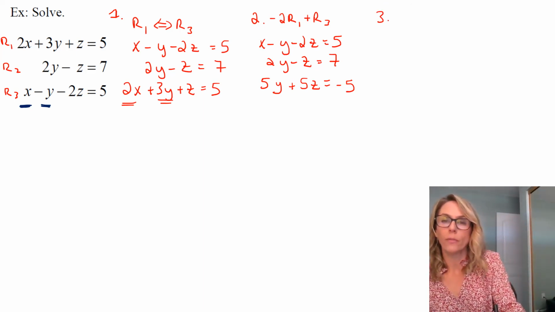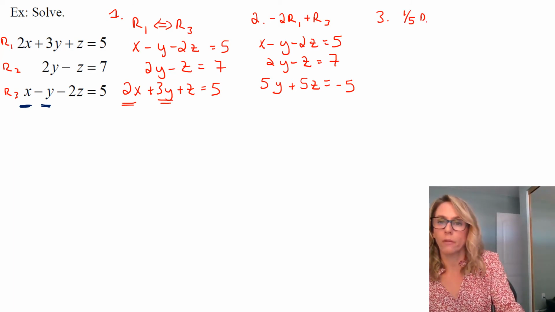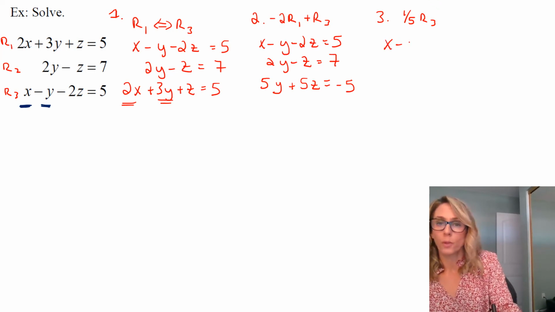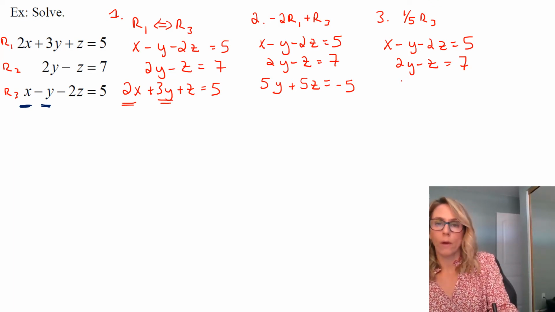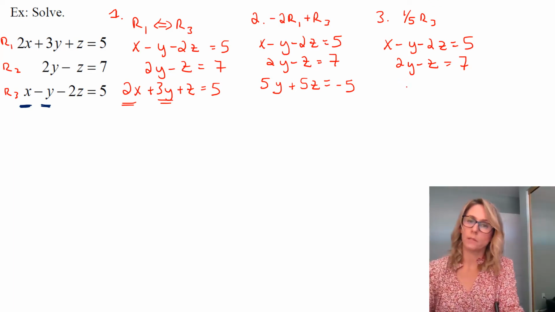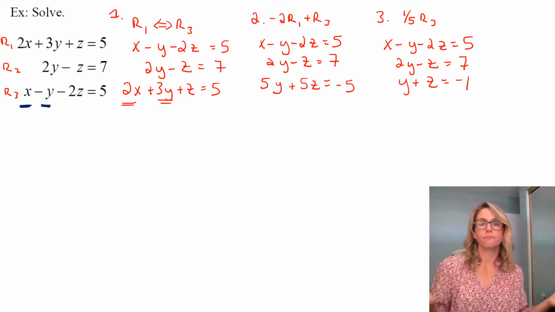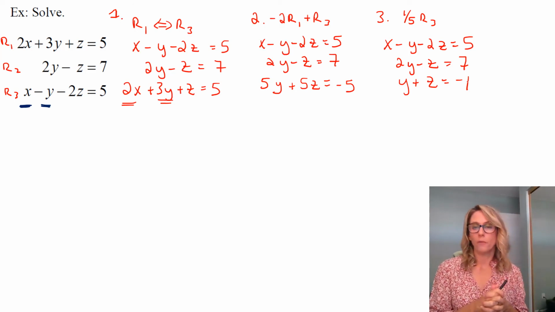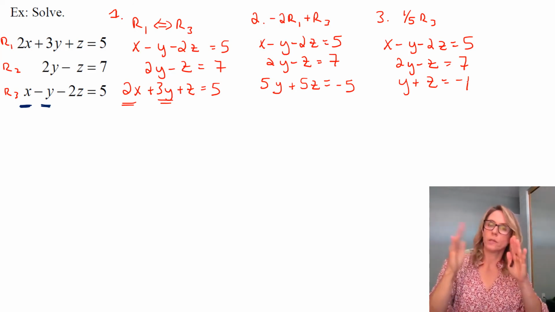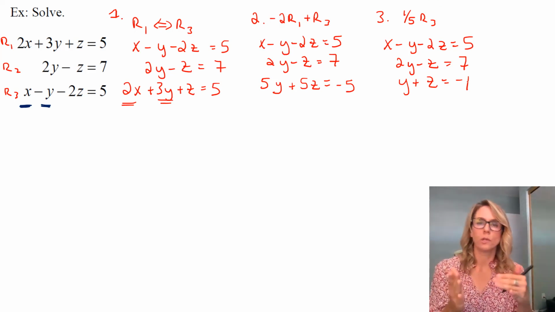So if you felt like it, one thing that you could do is you could take row 3 and just multiply it by 1/5. It is completely valid, as we've seen, to take a row and multiply it by a non-zero constant. So you can just do that simple step in order to help yourself. Notice that when we do that, multiplying by 1/5 means dividing each piece by 5. We'll have y plus z equals -1. So every single term got divided by 5, essentially, multiplied by 1/5. And so it will have an equivalent solution to any solution that it would have had I not